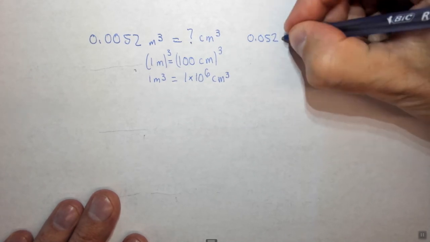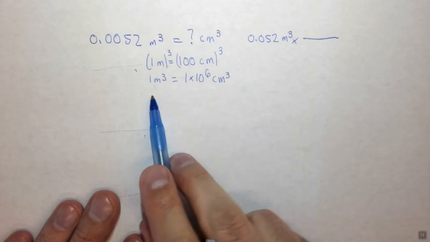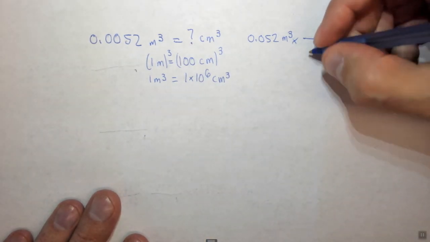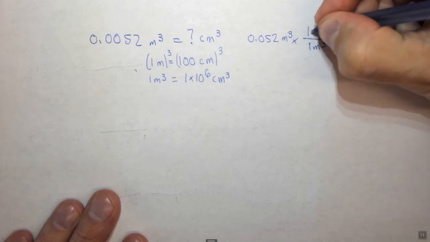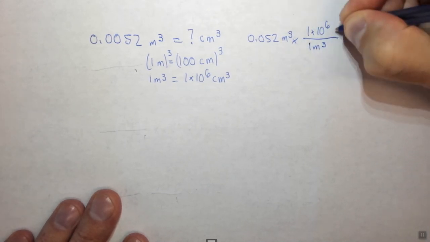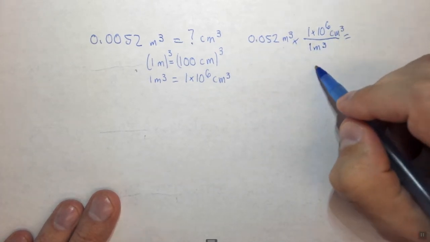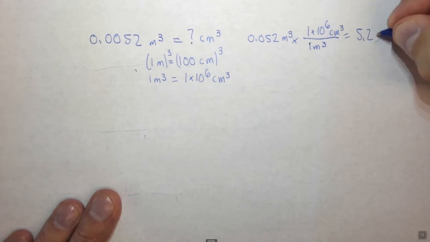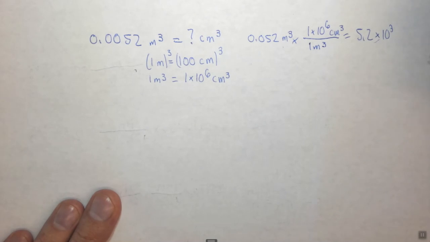Starting with 0.052 meters cubed times, we have a direct equality, so I didn't do a plan of attack, so we put our 1 meter cubed on the bottom, our 1 times 10 to the 6 centimeters cubed on the top, multiply by the top, divide by the bottom, and in scientific notation you get 5.2 times 10 to the 3, or 5,200 centimeters cubed